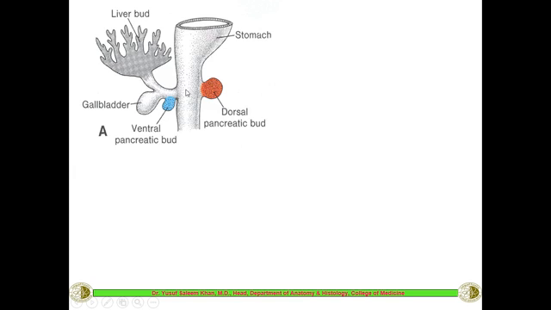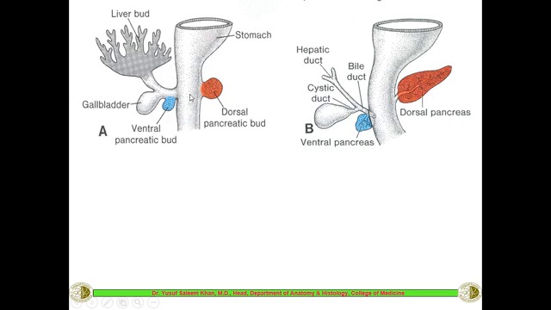So here is the stomach and here is the initial part of the small intestine. And here you can see the pancreas is developing from two buds. This is the dorsal bud and this is the ventral bud, and the ventral bud, along with the gallbladder as well as the liver bud, is growing on the right side. So here it is much more well developed. The gallbladder has developed well, and this is the cystic duct, and here is the hepatic duct, continuing below as the bile duct, and it is joined by the ventral bud, which is opening on the other side of the